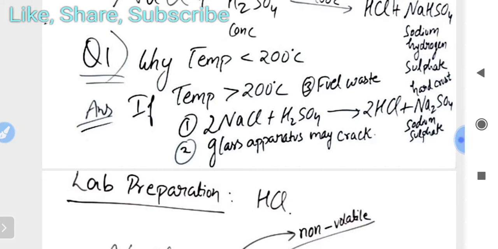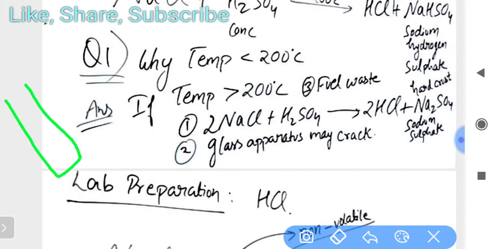You already understand that this reaction takes place in a beaker. So suppose this is a beaker in which we have to make HCl. We combine NaCl and concentrated H2SO4 here, and provide heat. If the heat is more than 200 degrees centigrade, this compound will be formed here instead of this. So this sodium sulfate sticks to the walls of the beaker, like this.